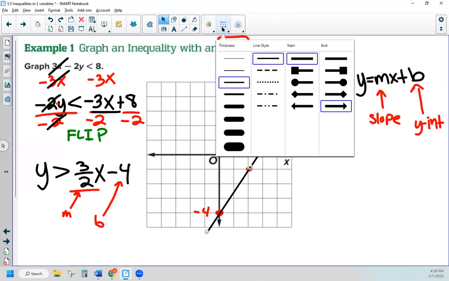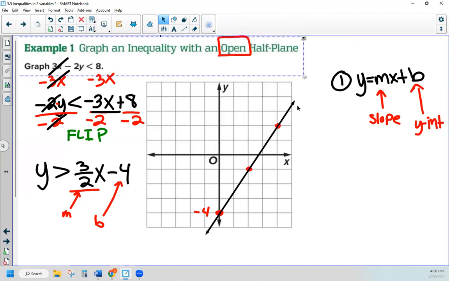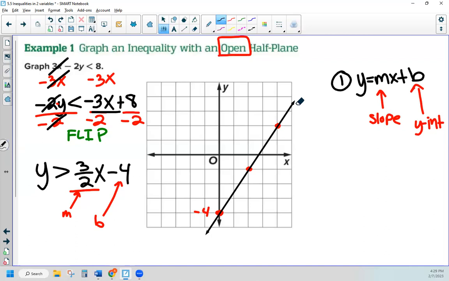There we go. Make sure we got arrows on both sides. Okay, now, I should have told you this before, but I hope that you didn't create the line. Don't create the line. If you're listening to me right now and you're trying to make this line right now, don't create it. The reason is because we now have to, so step number 2 was